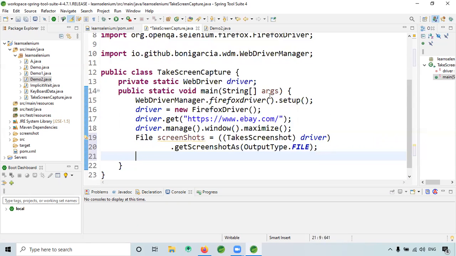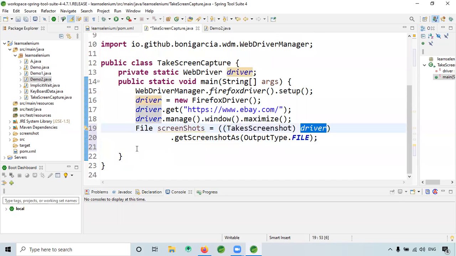So this is the code. Get screenshot as dot file, take screenshot driver, like that.